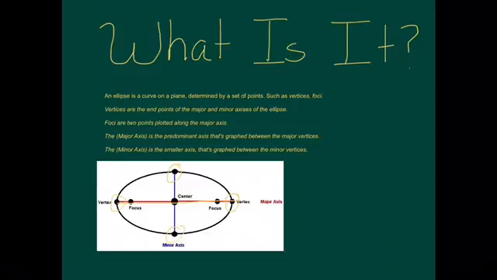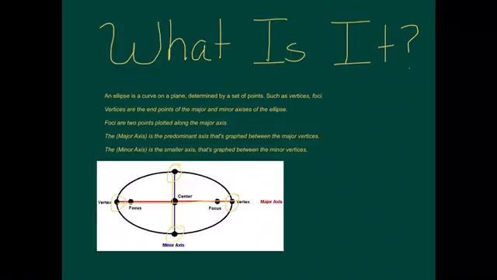So let's say you have x, the vertex for x is 2, and the vertex for y is 1. The major axis would be 2 because 2 is clearly greater than 1. The minor axis would be 1, y equals 1, which is the minor axis, and that you can see here. The minor axis is a smaller axis that's graphed in between the minor